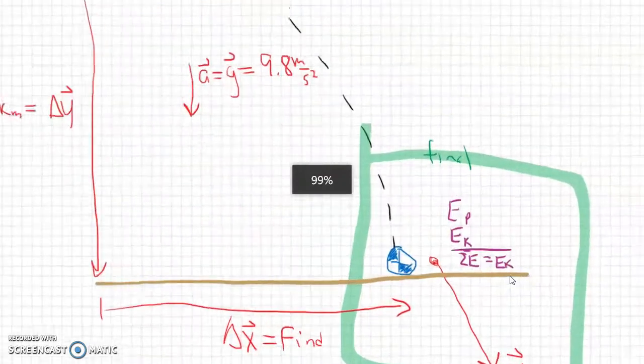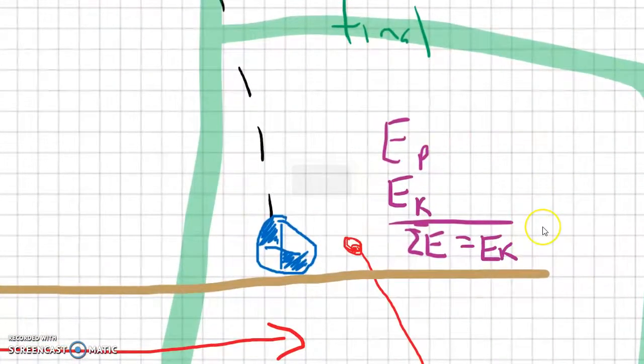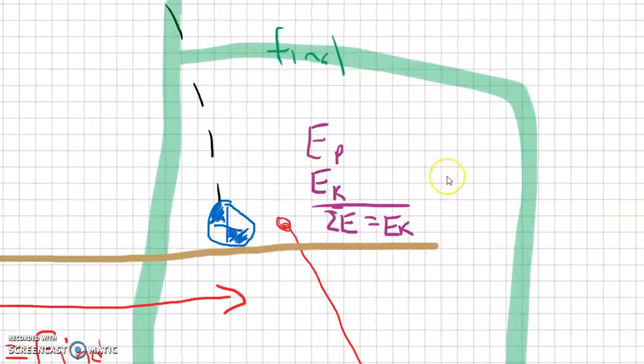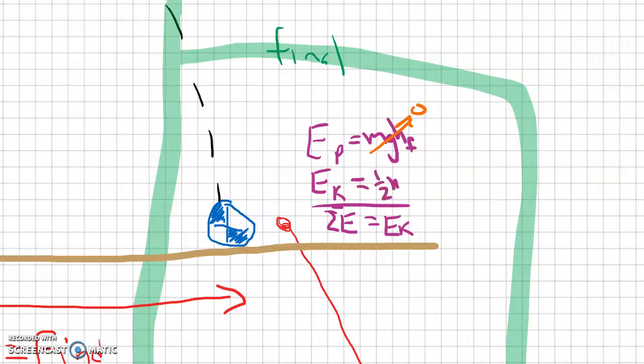Let's go down here to the bottom where the object has gotten to the ground. Basically at this location, since our final height is 0, the whole of potential energy is gone. There is no potential energy at this point in time. The kinetic energy, on the other hand, is certainly not 0. It's at the instant it's just hitting the ground, and so this would be 1/2 times our mass times velocity